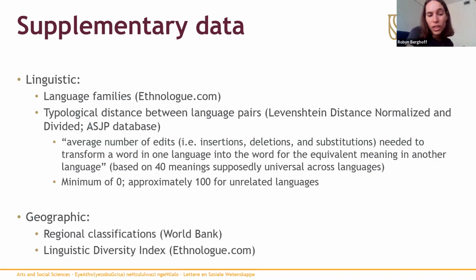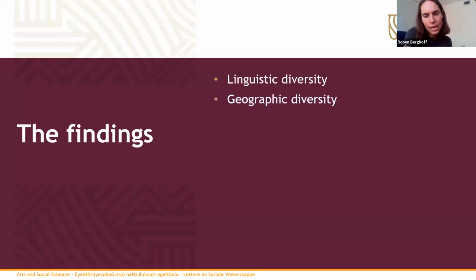So a country with a really high linguistic diversity index, so I think South Africa is somewhere at 0.8 or so, two randomly selected people, there is like an 80% chance that they would not share the same first language. But in a very homogeneous or less diverse country, like Iceland, for example, any two randomly selected people are probably going to have the same first language, and it's probably going to be Icelandic, right? So this also gives us sort of a relevant piece of information about linguistic context within a given country. Okay, so that is the